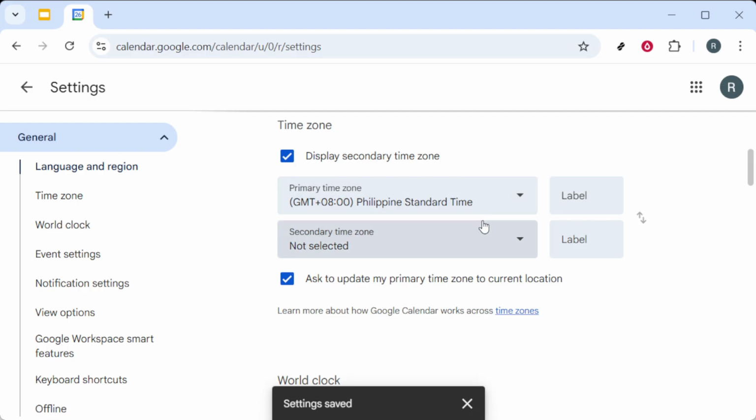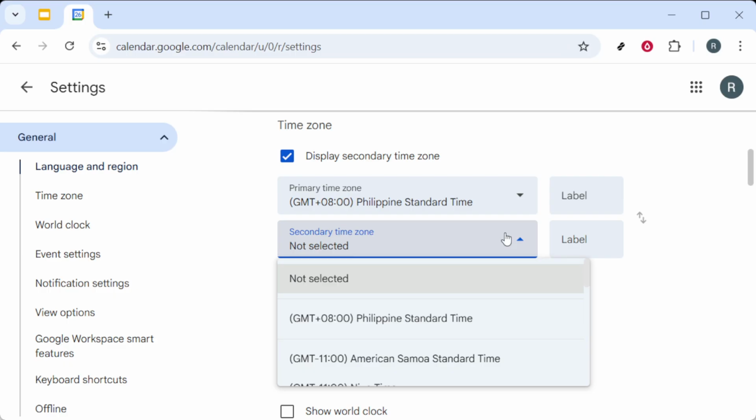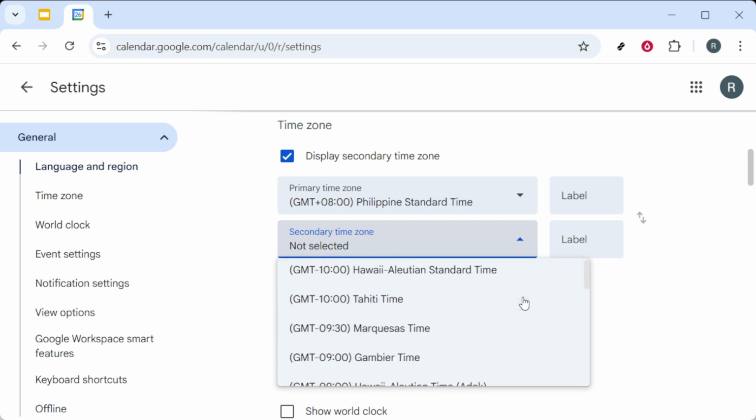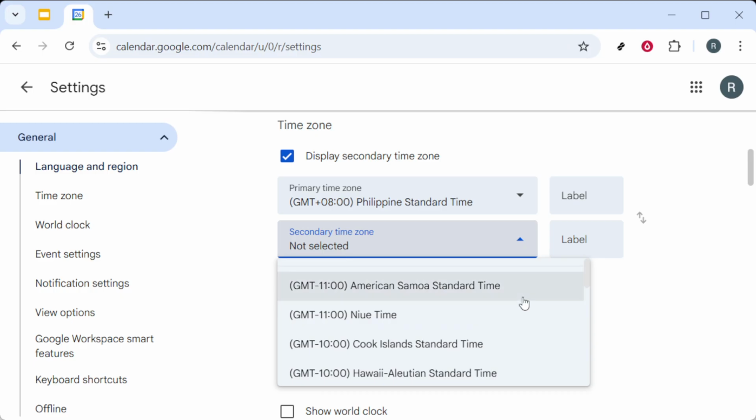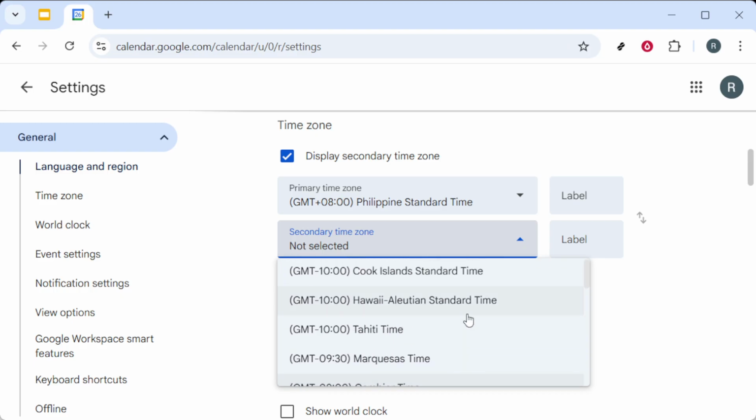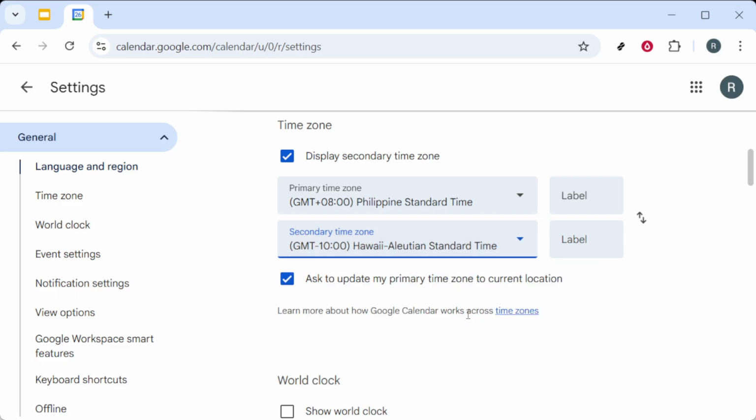Once the option is enabled, you'll see a new field appear for a secondary time zone. Click on the drop-down menu next to it to choose the time zone that best meets your needs. Whether you're coordinating with colleagues in New York, London, or Tokyo, this feature makes it easy to see all relevant times side by side. After you've selected your secondary time zone, make sure to click Save or simply navigate away